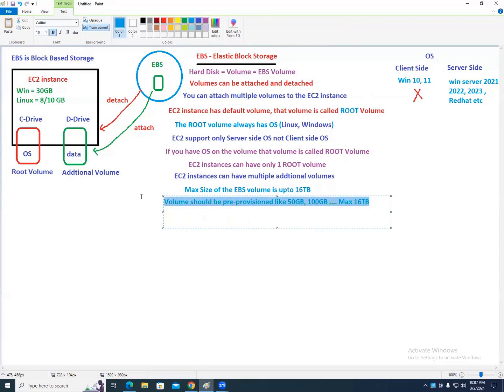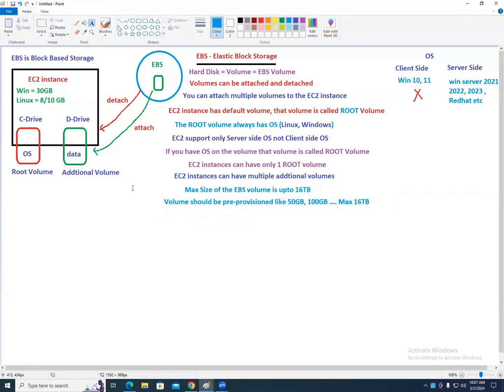And by the way, I have one question in my mind. Should I ask you one interview question? Let's say you have added a 500 GB D drive. You created a volume and attached it to the EC2 instance. The size is 500 GB, and you have used only 100 GB inside it.